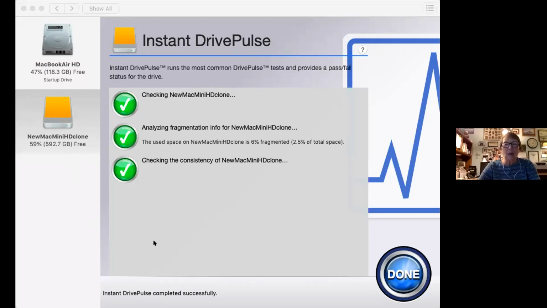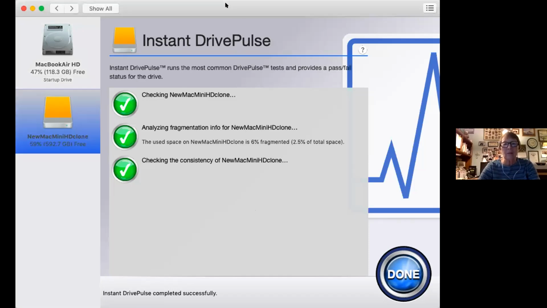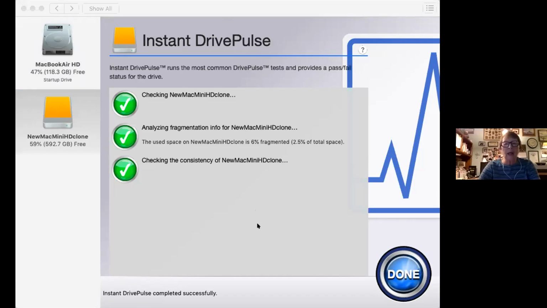But when you look at it, I ran it, and this is what it said. It looked like it was all okay. All I see is that it's checking. I don't see the end result. Oh, it's done. It's done. And I don't know how to get anywhere else. I don't see the report. Where do you get the report? I don't know. I don't use this program.